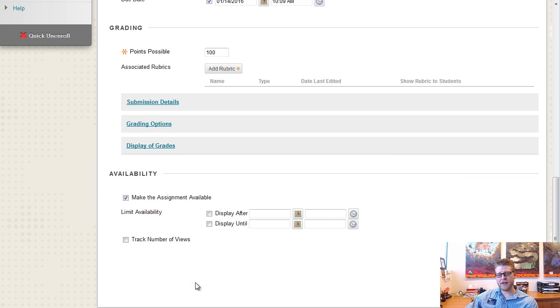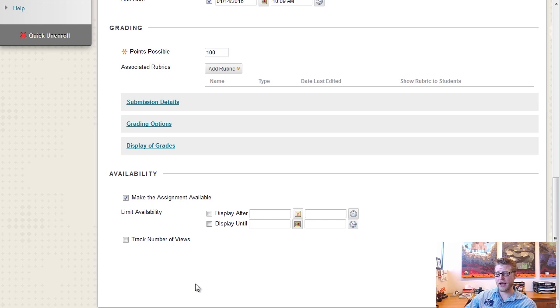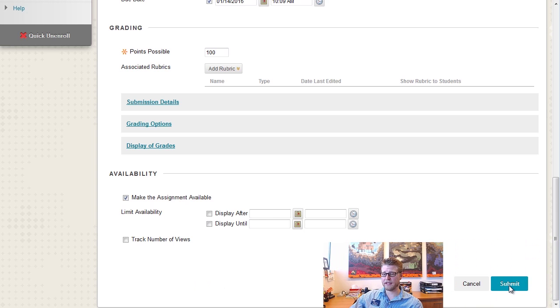And of course, there's the availability options that Blackboard has to offer with most of the items that they have. So by default, the assignment will be made available. You can limit those various availability dates by clicking the checkboxes, adjusting the dates. And if you'd like to track the number of views of this particular assignment, go ahead and click on that checkbox, and then you can look at some metrics later down the line as to how many people really looked at this assignment. Let's hope that they're all going to look at it and turn in your assignment because you've done everything correct. So once you're ready to go, you'll hit submit on your assignment,